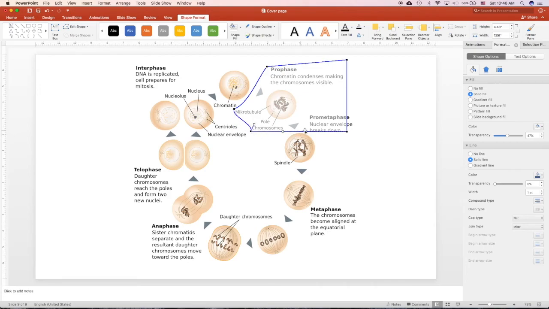So the idea here is I want to cover it and then make it disappear. So when it disappears, the part in the background will appear because the part that covered it will get